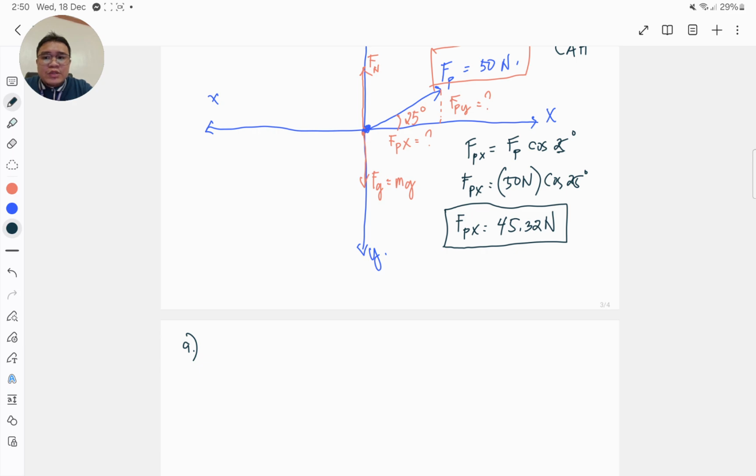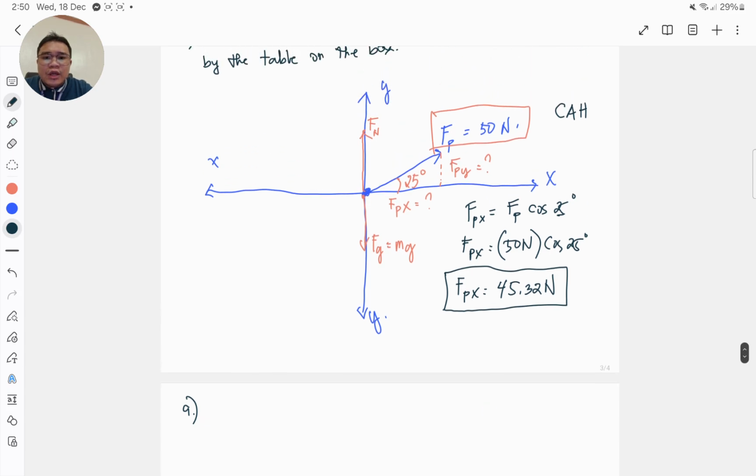It's because that is what we are going to need in order for us to calculate the acceleration of the box on the right. Now, why is it that we don't need to calculate the acceleration of the box on the y dimension? It's because, again, the box is still on the flat surface. It's still resting on the flat surface. So therefore, the net force there on the y direction is equal to 0. So there would be no acceleration on that particular direction, but only on the x axis.